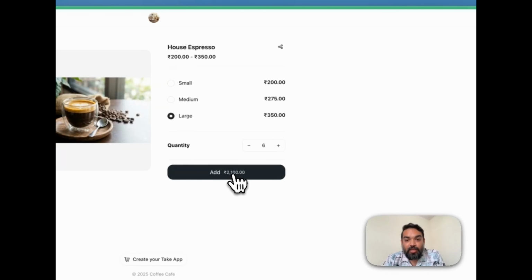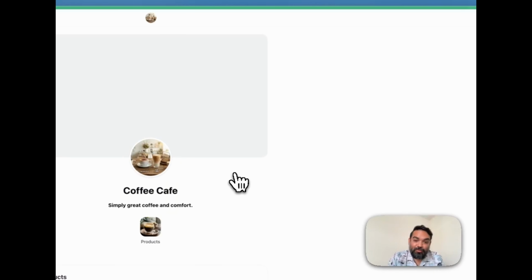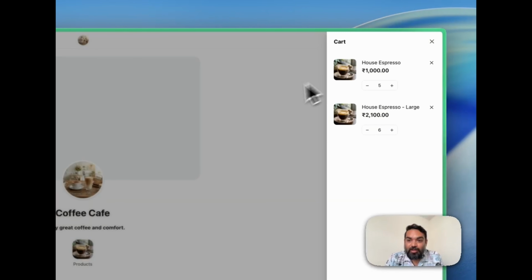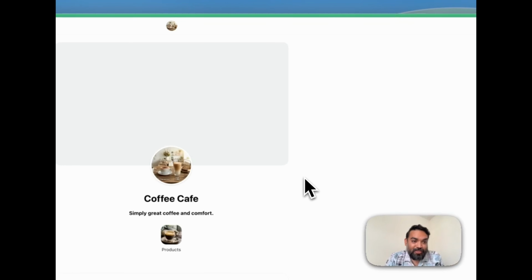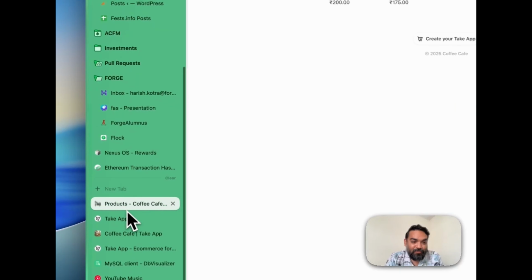I can change the quantity. It works. Everything works. Amazing. Now, if you go to cart, you can see we added it previously. Now we added the large option as part of the cart. That's all it takes for you to create a store online today and start selling online and collect money from your users. One last thing that I want to show before I end this video is if you go back here,